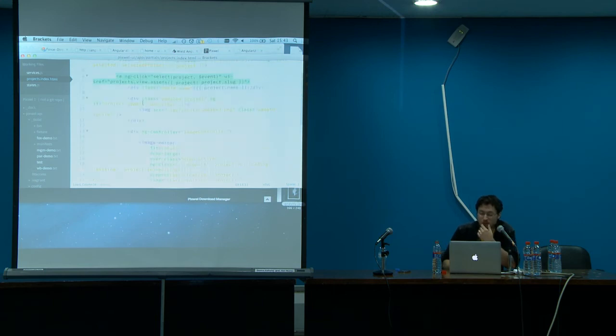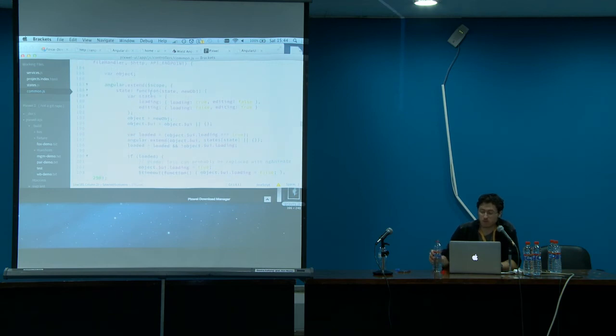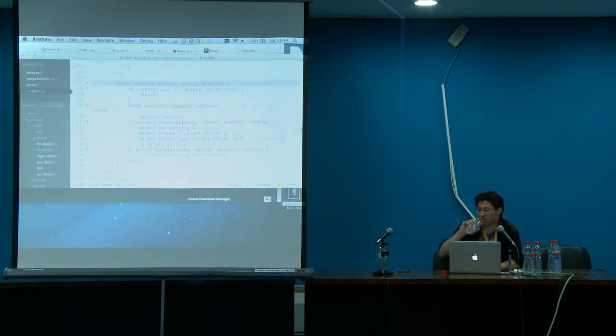And this is the code to actually make that happen. Here we're assigning a generic controller that manages any kind of images that I want to modify. Let's take a look at the code for that. The image controller attaches a couple of methods to its scope that let you see the state of the image, whether it's being edited or not, and then actually save it. So it hits the database with a post, saves the data, and does some updates. Eventually we'll add error handling.